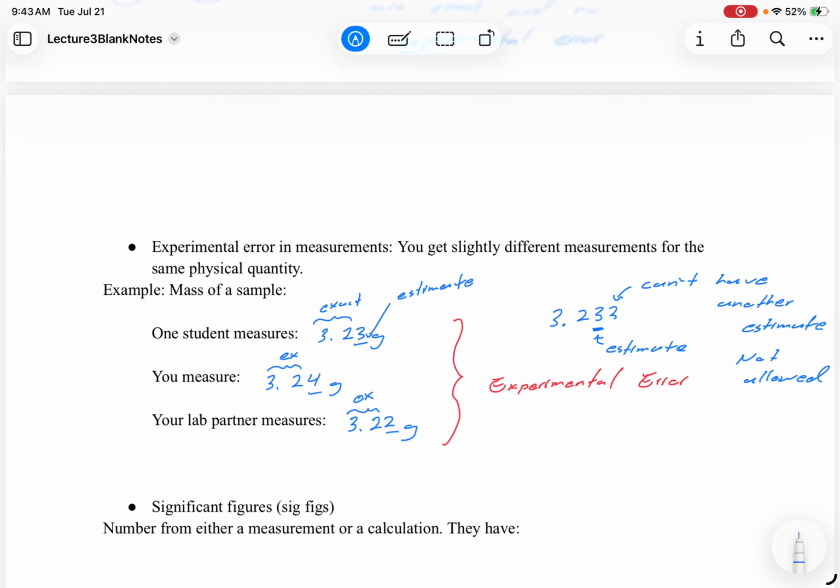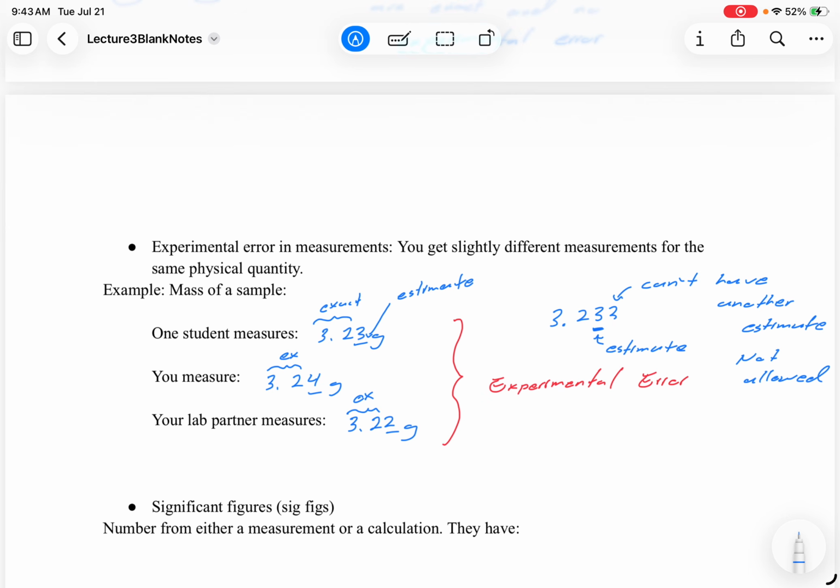We're only allowed one estimate, right? Don't do two, don't do three, just one estimate. That is your uncertainty. That is what you are allowed. That is your estimate. Okay? So if you are measuring with a tool like we are doing here that only goes up to three